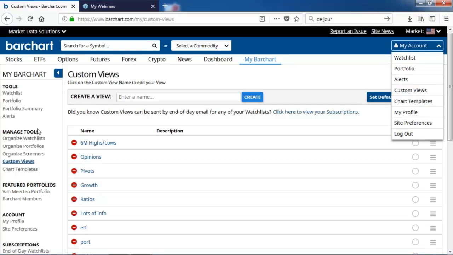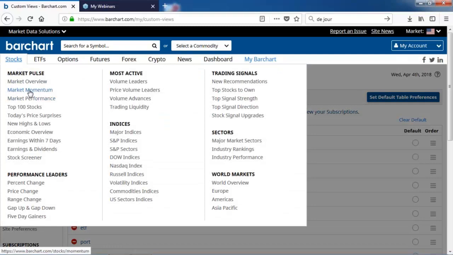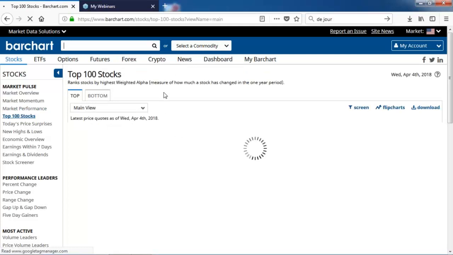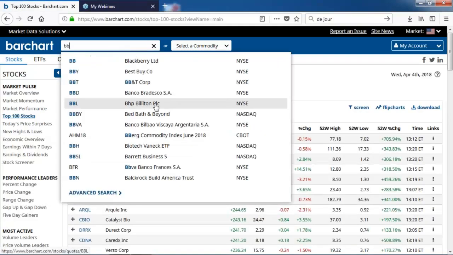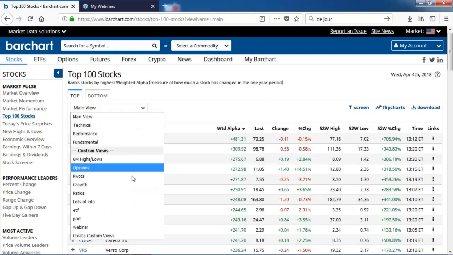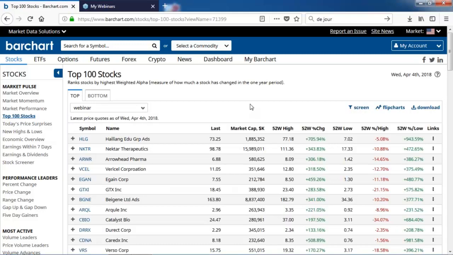So let's go back to a sort and get in some top 100 stocks and apply that same custom view that we just created. So now, see, it comes with that main view, and now let's go back to the webinar custom view, and the first of those columns now should be market cap.